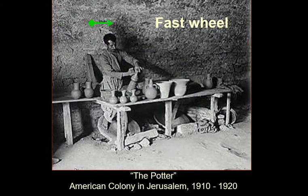So then we come to the fast wheel. So this is what we use to throw pottery. And here you can see, I haven't actually ever seen this in real life. This is a kick wheel, which I have seen, but it's at an angle. And so